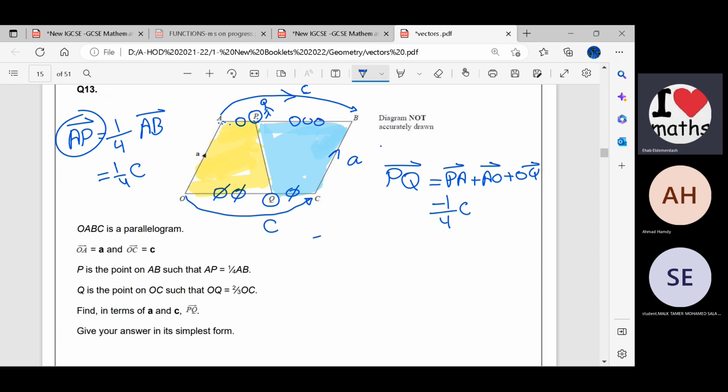But I don't want AP, I want PA. So I have to change the sign. So I will write it as negative 1 over 4 of C. Are we clear on that? Plus